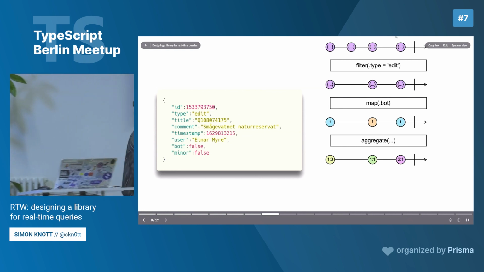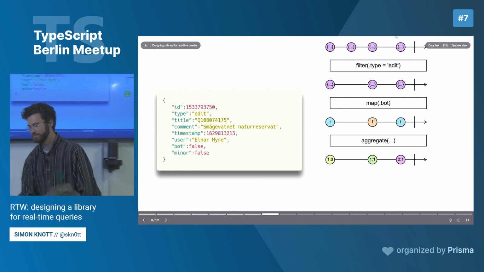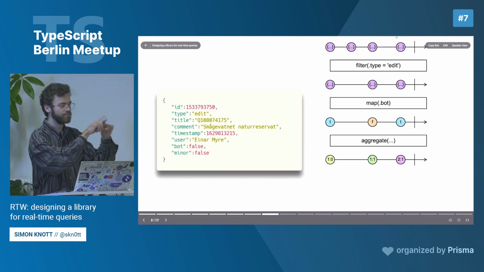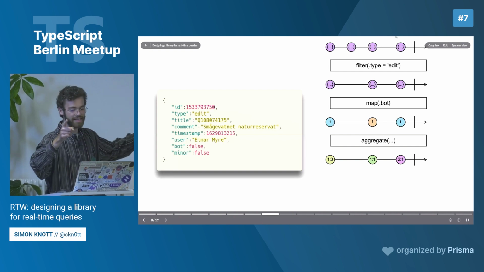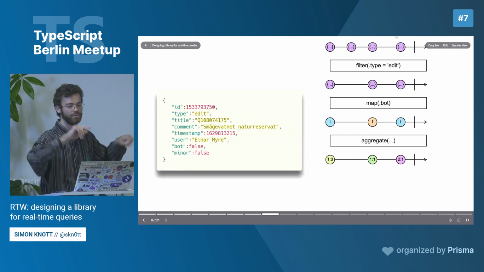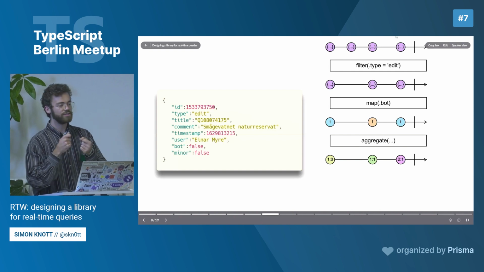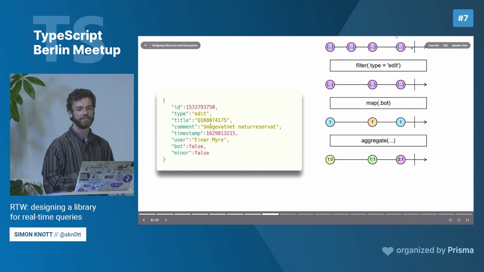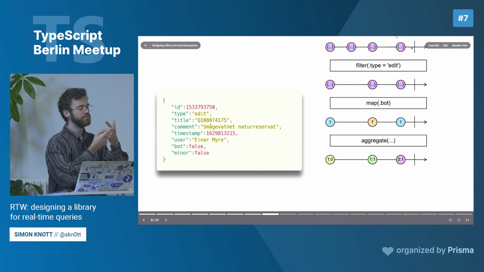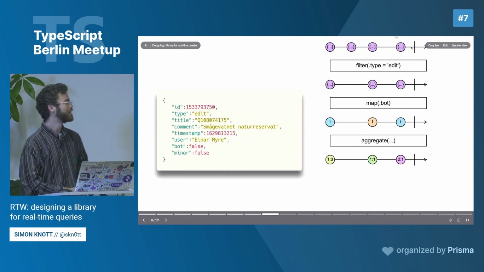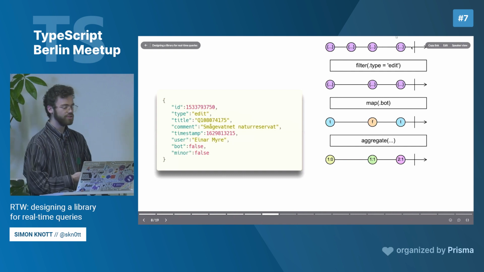So the way this works is, let's take the top one, and I will use my mouse so I can actually reach it. This is the stream. It goes over time from left to right. Left is the beginning, right is the end. And over time, we emit certain values. We're not going to think about timestamps, but this is emitted before this one, and then this one, and this one in a time series. And on these streams, we can do certain operations. These operations are very similar to collection operations you might know, like map, filter, reduce, sum, every, the typical JavaScript array operations. And you can use those same operations